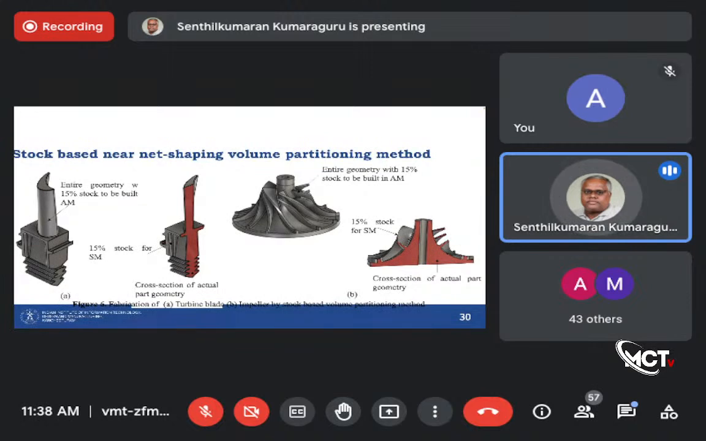Very similarly, here you have a turbine blade. For the entire geometry, we produce 15% stock. We made that in AM, build layer by layer. This is the way maybe you will be building this part, or maybe inverted way, right? So you build this part in a DED machine with the 15% stock added, right? So then we will see how